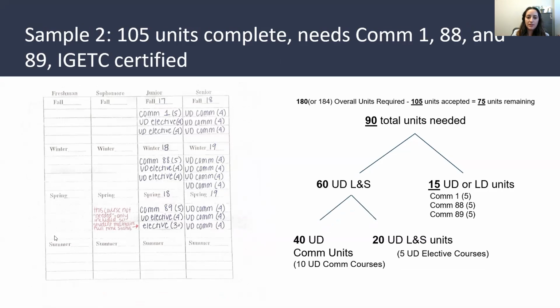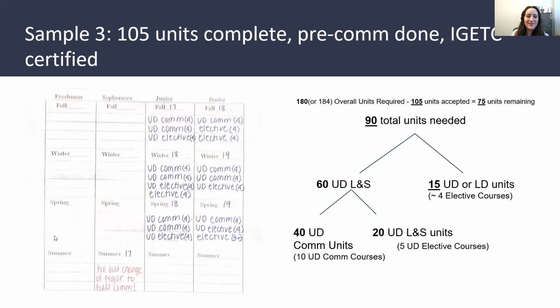And then the pre-comm classes would cover all of their lower division unit requirements, so they wouldn't need any other lower division units. They would just need to take these classes, their elective classes, and then their major classes once they're in the upper division major. And again, no need to take notes. Like I said, we'll be emailing these slides out after all the presentations are over on Friday.